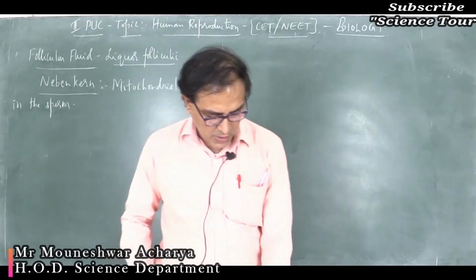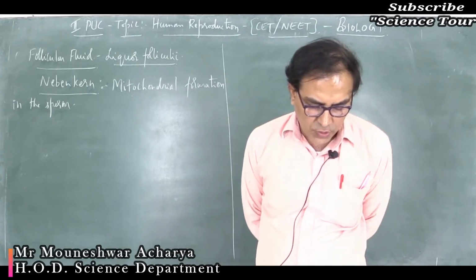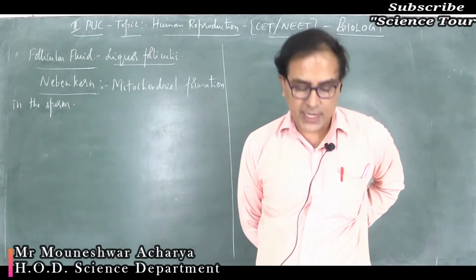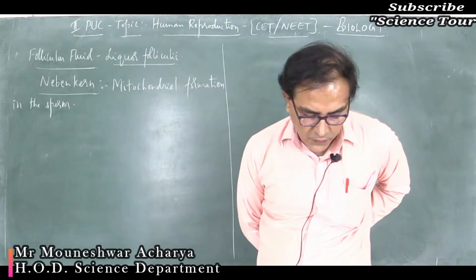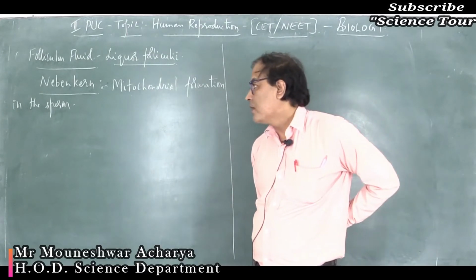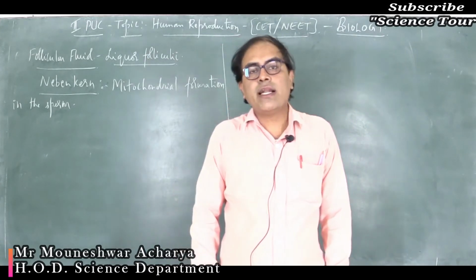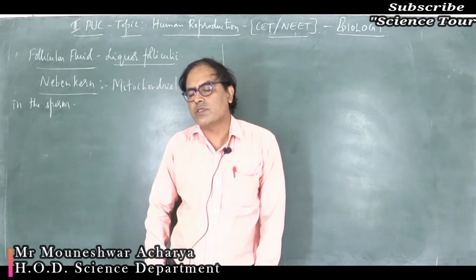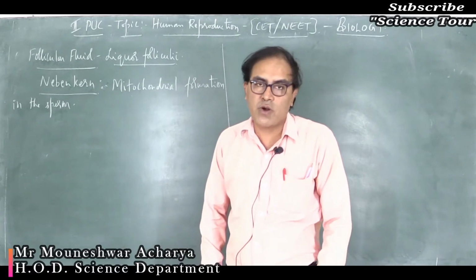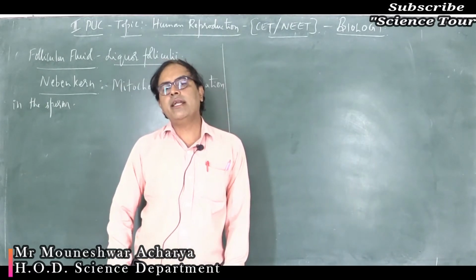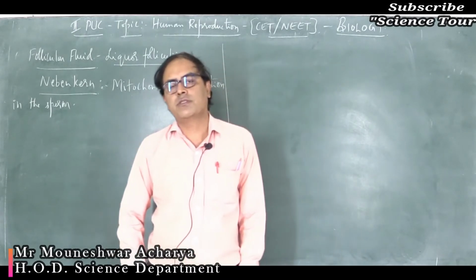Let's move to question number 48. A temporary endocrine gland in the human body is 1. Pineal gland, 2. Corpus cardiacum, 3. Corpus luteum, 4. Corpus allatum. Now, which is the temporary endocrine gland? Endocrine glands have secretions called hormones. These are the ductless glands and they pour their secretions called hormones directly into the bloodstream without the involvement of any ducts or tubes.